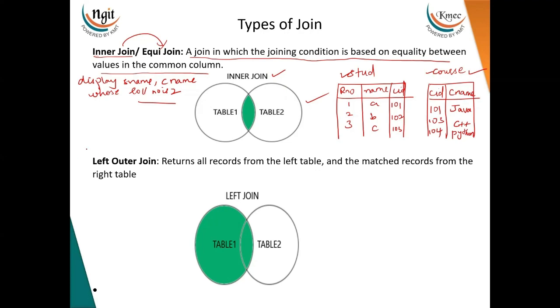Let me write down the command here. Using select, we are going to write the query. Select is a command or a statement used to retrieve the data from one or more tables. So thereby we will be making use of the select command. The query here is: select student name, that is S name, comma, course name from student table inner join course, where